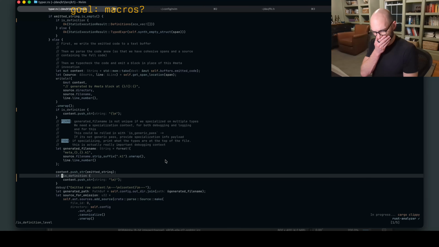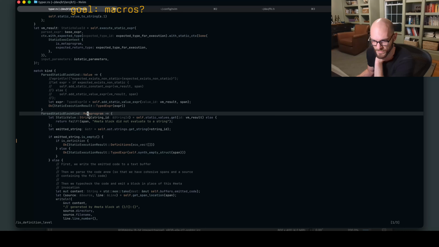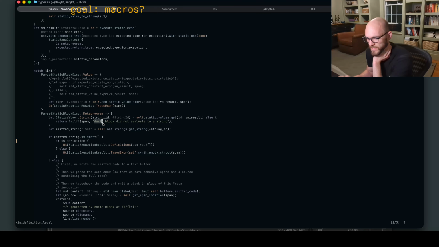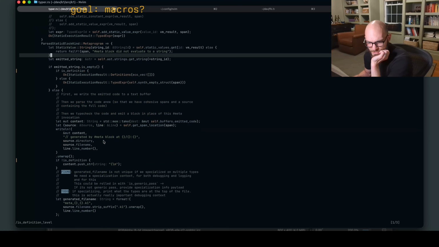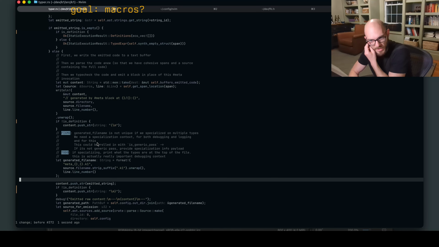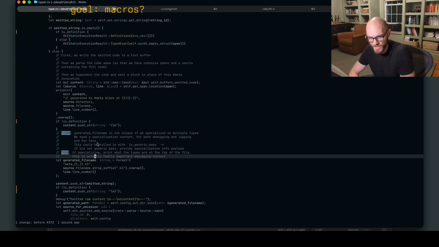It's so good. This is where we actually do it. We evaluate the code up here with the VM. We get a string back if it's a value. Well, no, okay. If it's not a metaprogram, if it's a value, then we add that as a static value constant with our static value system. If it's a metaprogram, then we require a string. And yeah, having 2 syntaxes for it also makes it hard to talk about. So yeah, we should fix that. We'll just make it a $$ block by $, or we'll call it metaprogram maybe, or we could call it just a meta block.